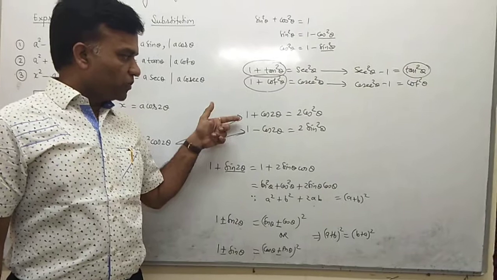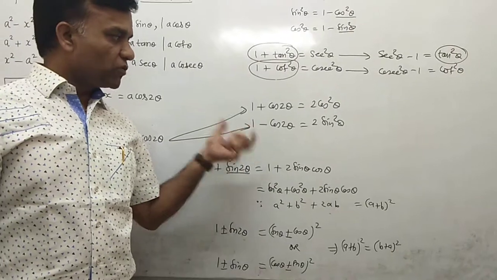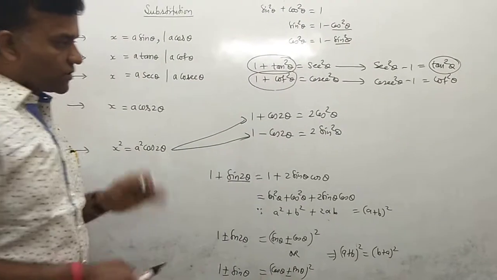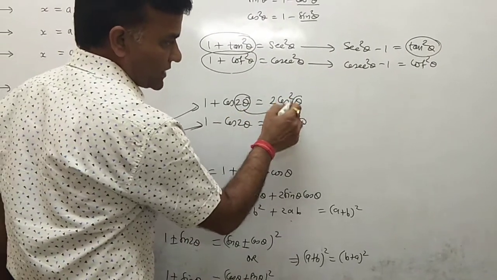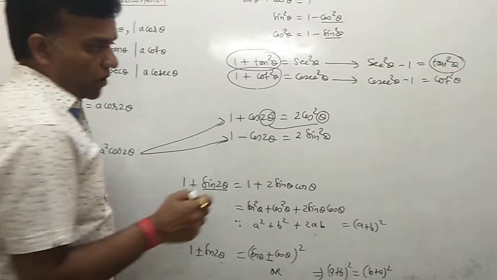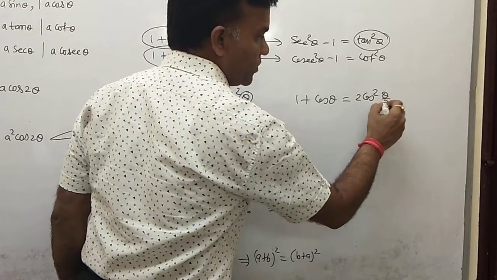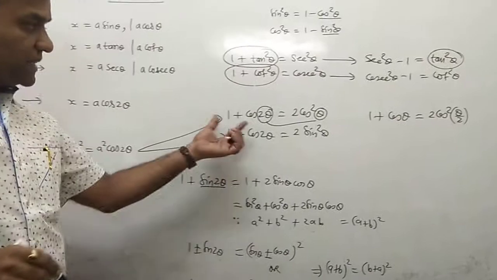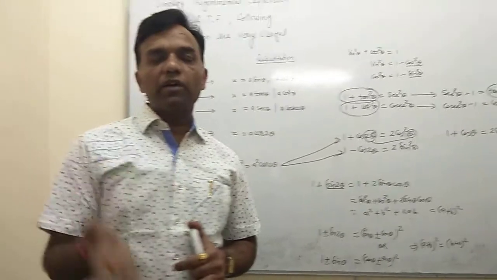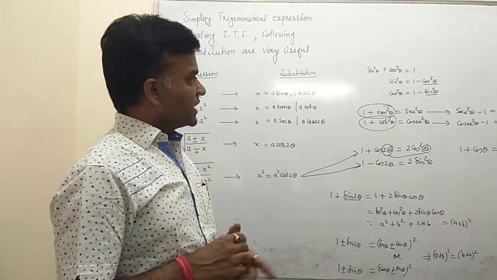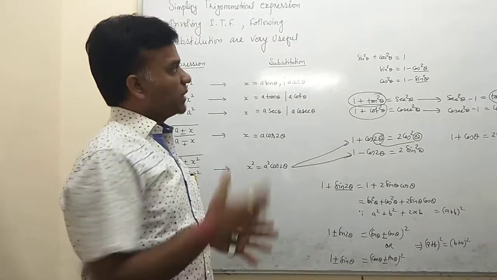Generally, we use the formulas 1 plus cos 2 theta and 1 minus cos 2 theta very often, so first focus especially on these. Now also focus on converting to the half angle, because you have 2 theta here, and then it is converted to theta. That is important, because sometimes we have 1 plus cos theta, and its formula is 2 cos square theta by 2, because the angle is converted to half. Similarly, the same concept applies to 1 plus or 1 minus. So use the concept of double angles converted to half angles. You should revise all these formulas, and now we will explain all this activity with the help of examples.